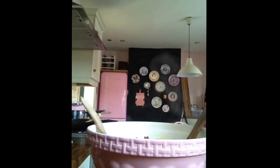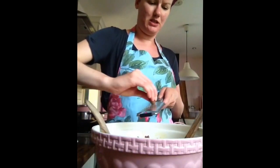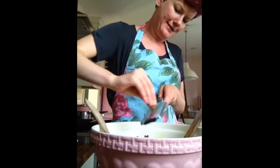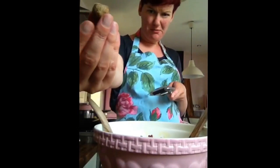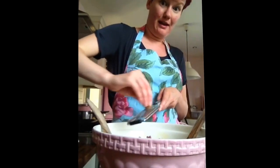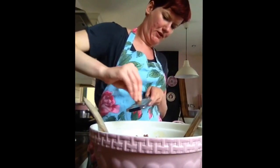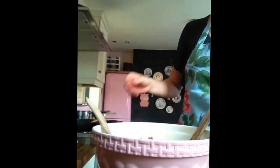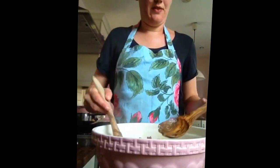Then what you do is you get a little bit of nutmeg and you grate as much nutmeg as you want over the top of your pasta. I don't know what these are. Kernels of nutmeg? Nuts of nutmeg? I tend to use about half. Grate, grate, grate. Give it one last toss. And then